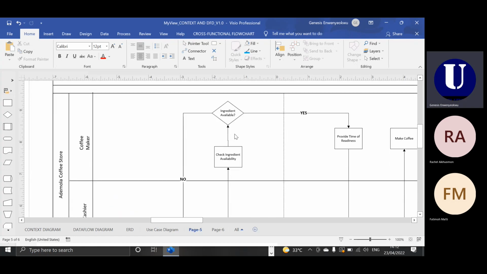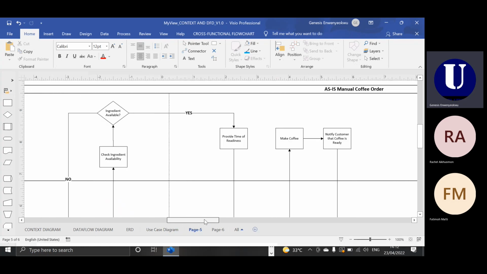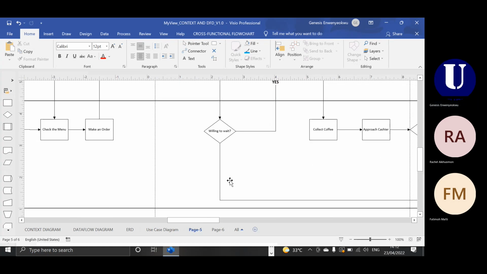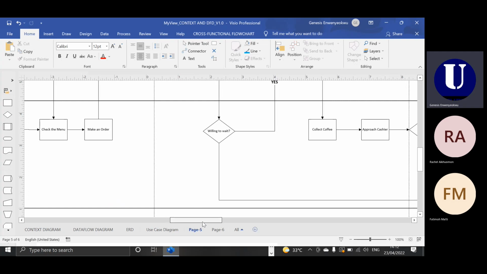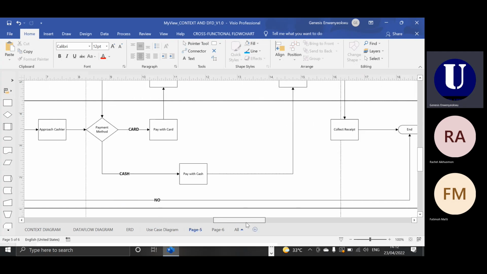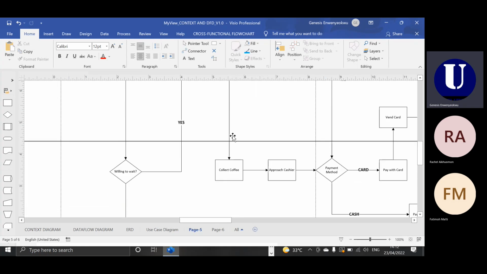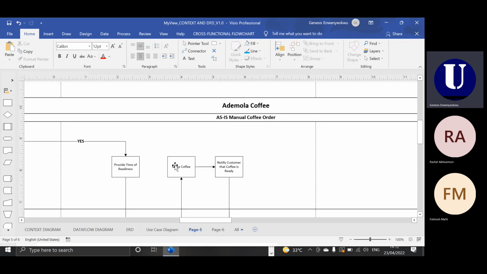But if the ingredient is available, then the coffee maker will provide the time that the coffee will be ready. After that, the customer will have to decide, maybe can I wait or can I not wait? If I can wait, the process continues. If he or she cannot wait, then the customer walks out of the store and the process ends. But if the customer can wait, which is yes, willing to wait, the coffee maker will make the coffee and then notify the customer that the